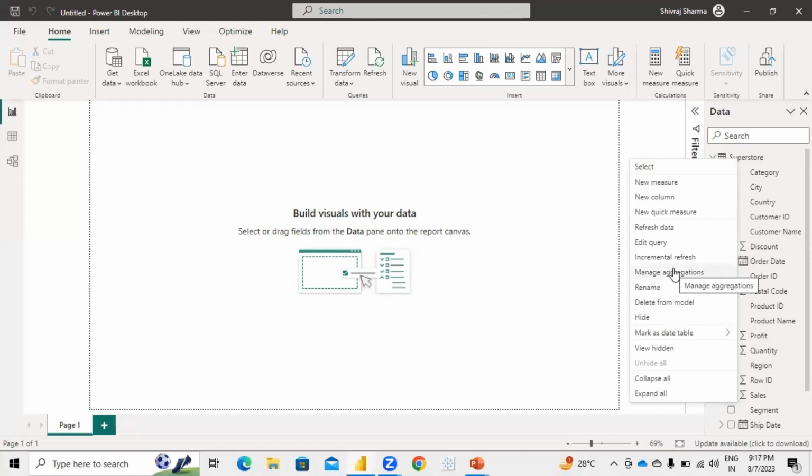So here we have just approached the second column, right? New measure, new column, and new quick measure. New column we have already seen when we were in relationships and star schema. At that time we created new columns also. So those are also your calculated fields. Using that calculated field, we are now creating new measures also. We click on new measure,